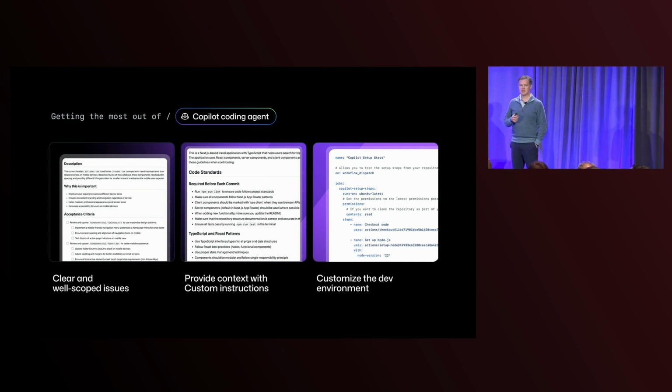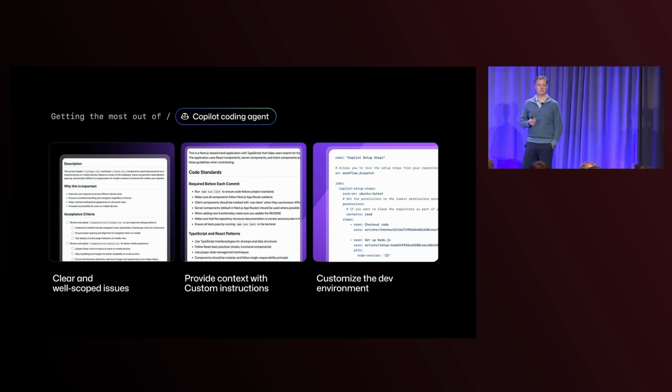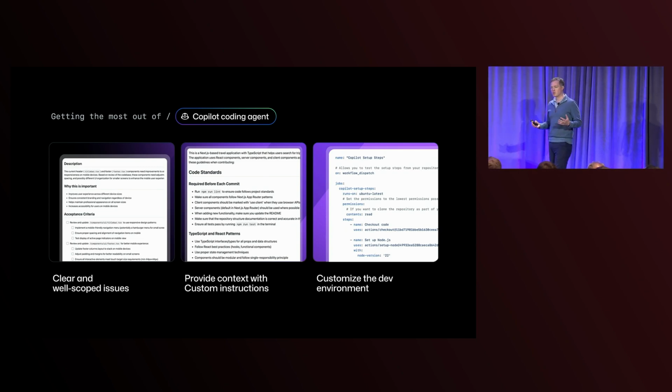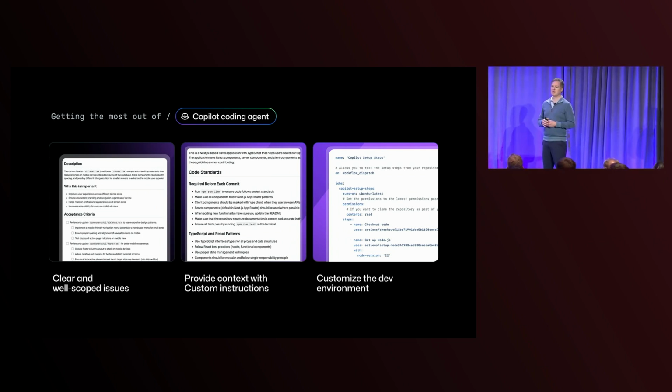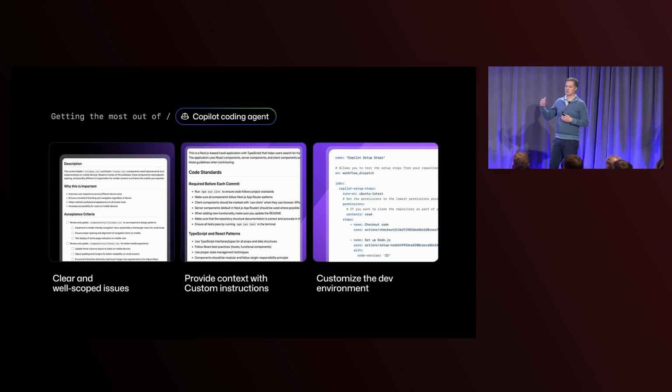The first thing is giving really clear and well-scoped issues to Coding Agent. The more details and the more context you provide in that issue, the more sure Coding Agent is going to be about the work it's doing. Oftentimes when we give work to other engineers on our team, we might be assuming a whole bunch of context that's out of band of that issue. That we've talked about this thing in the past and they happen to know that when I say certain words, I actually mean something a lot more detailed. That isn't obviously going to be true with Coding Agent.